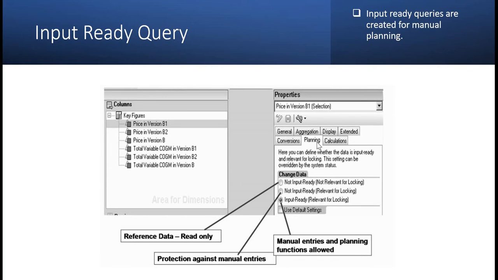If you go to the planning mode, you can find three options: not input ready, not relevant for locking; not input ready, relevant for locking; and the last one, input ready, relevant for locking. This last option, input ready, relevant for locking, will allow you to do manual planning. Going to the next slide,